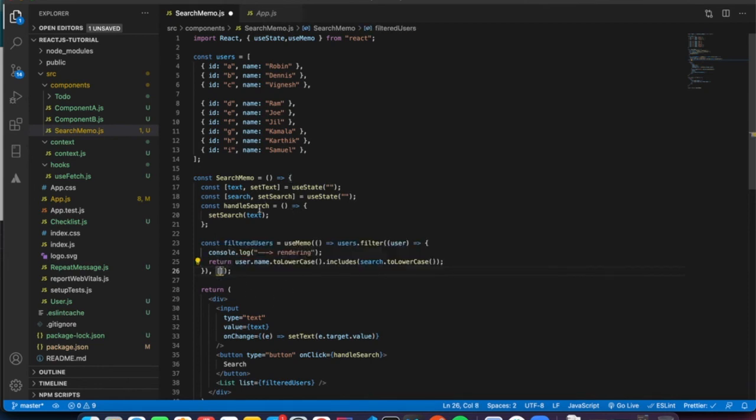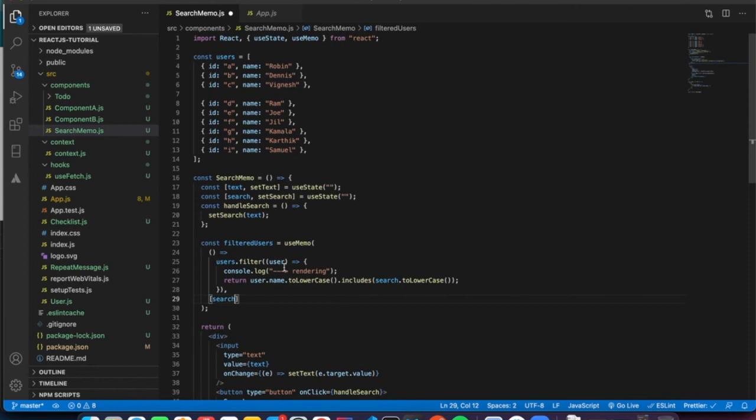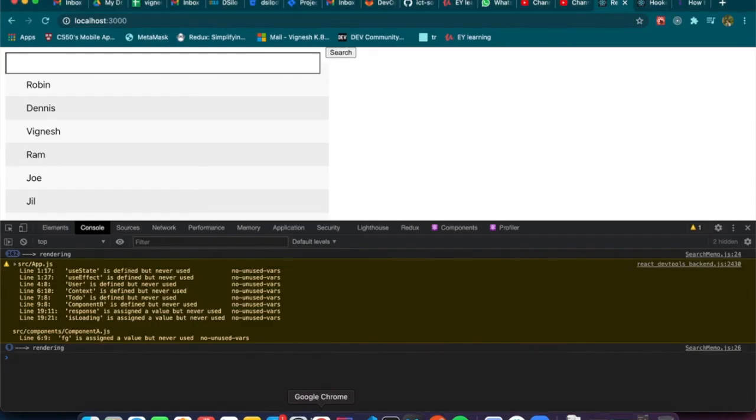We are already setting the search right here, so we can pass it as a dependency to the useMemo hook in this array. Whenever this search is updated, only then we execute this function, otherwise don't. Otherwise it doesn't re-render again and again.